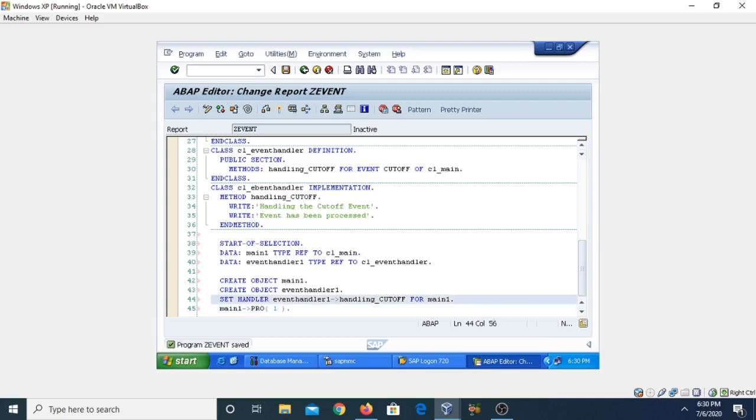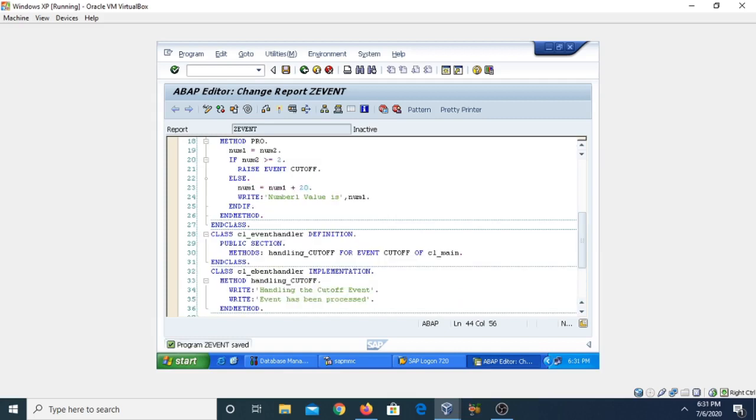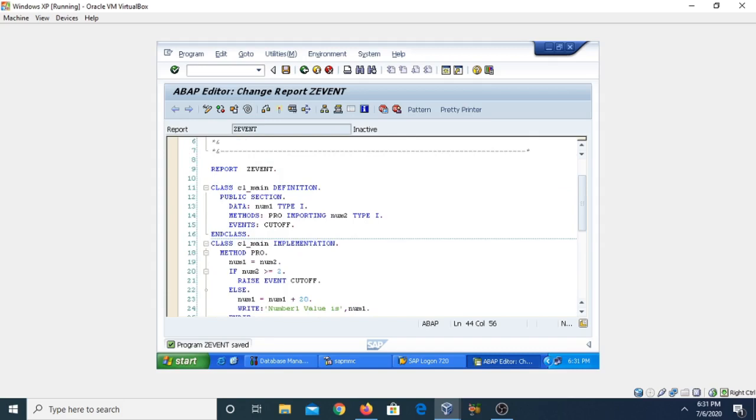So I'm going again to the events definition. The first one, this is step number 1, which is common to both implementing events in a local class or in a local interface. The first one is define events in a local class.